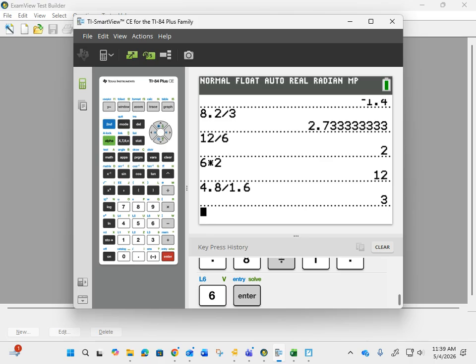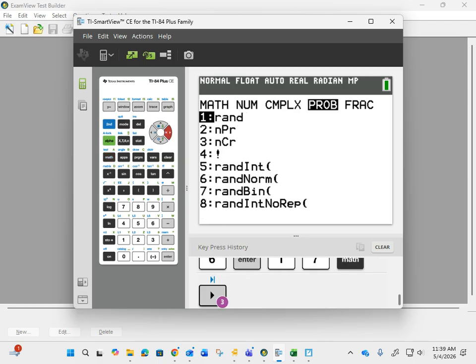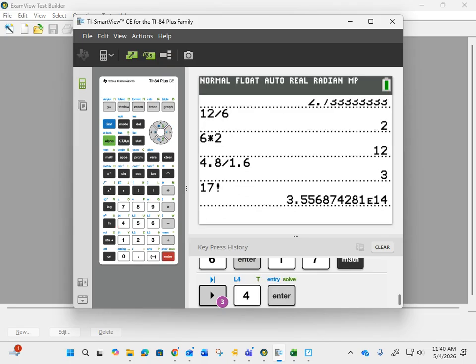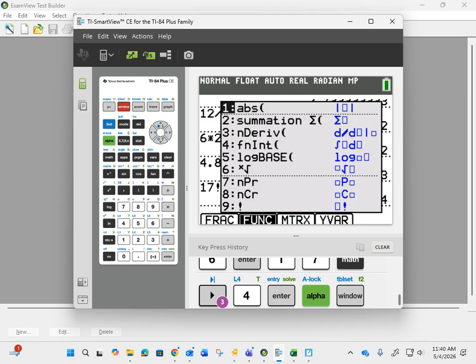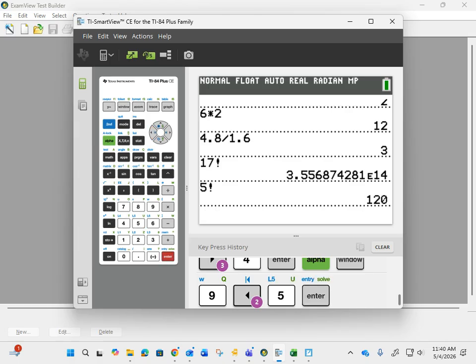A couple of different things. You can hit the math button and actually have to go all the way over to probability. And there it is, number 4. If you have a newer calculator that has the menus, you can go alpha F2, and there it is at number 9. I better not do that number. I might be able to do 5 factorial. 120. So we need to know where the factorial button is on our calculator as well. And with that, we can do